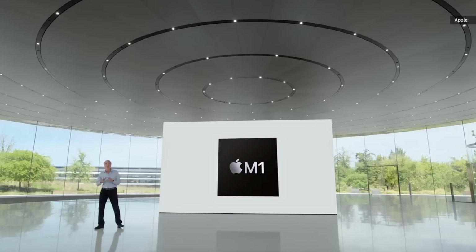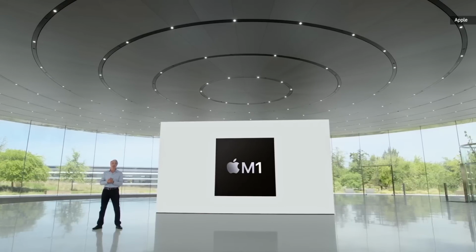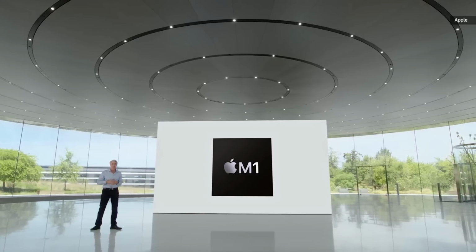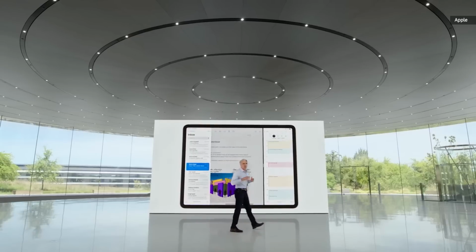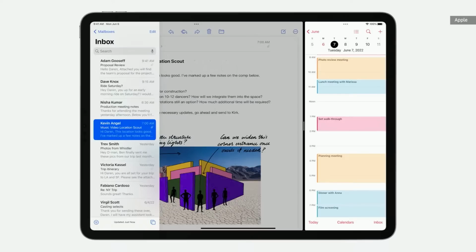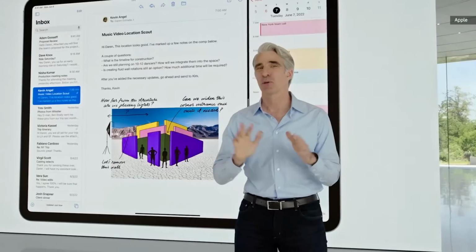Now, I want to turn our attention to a set of features enabled by the performance of the M1 chip in our latest iPad Pro and iPad Air. Features for people who push the versatility of iPad to the limit. Pros are always wanting more space to work with, so we're adding a new display scaling setting, which allows you to increase the pixel density of the display so you can view more in your apps, which is particularly helpful